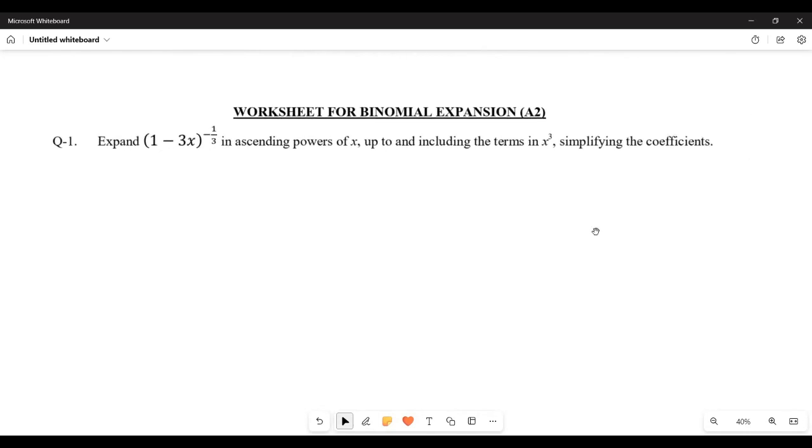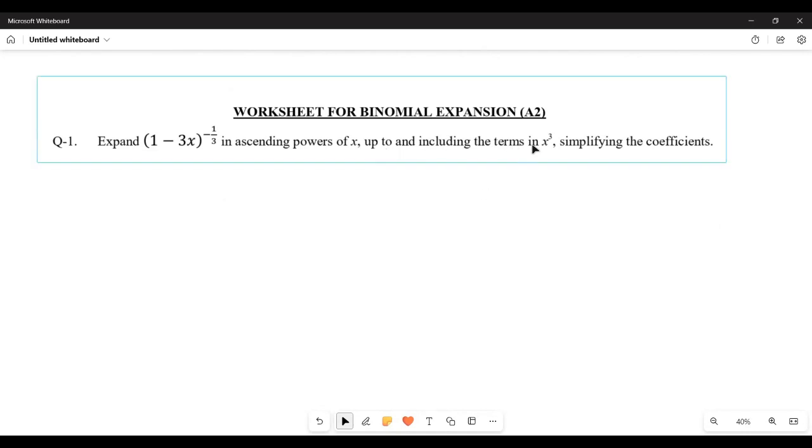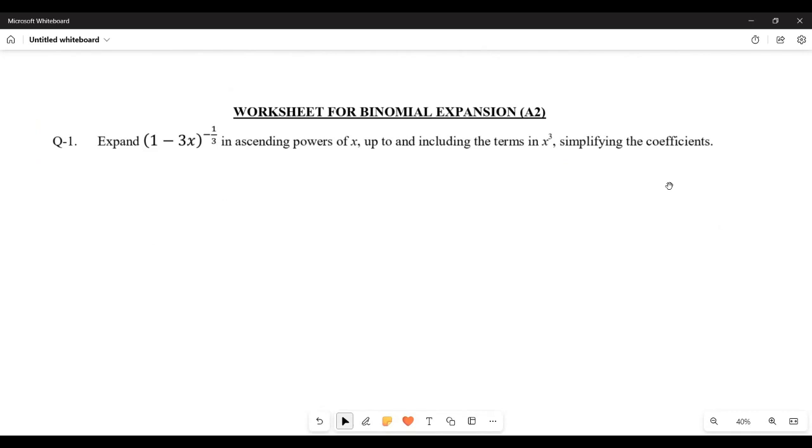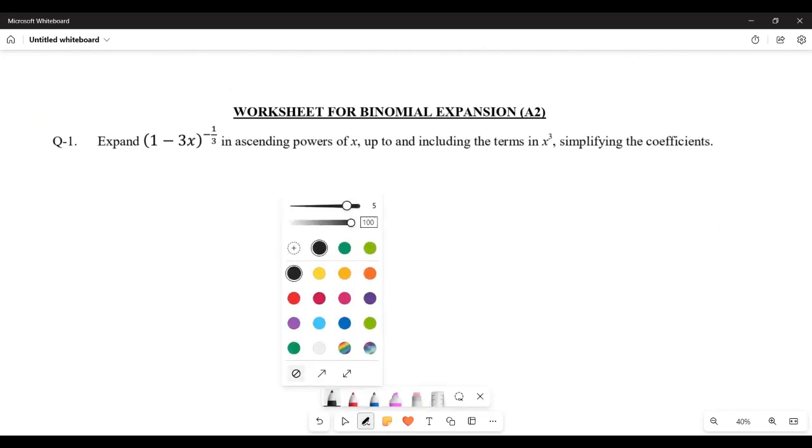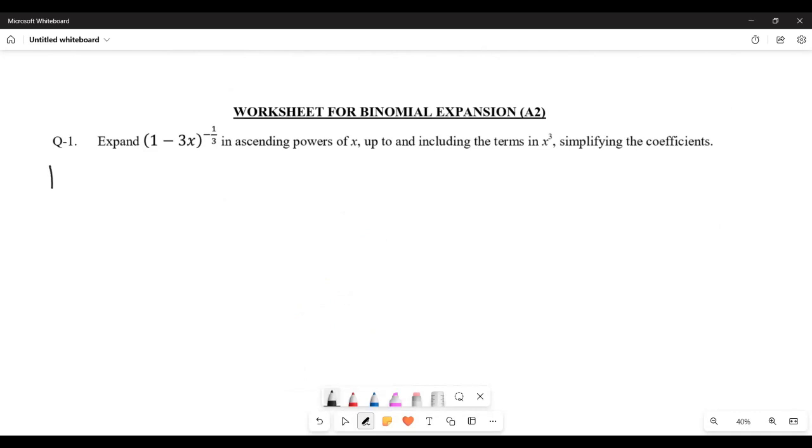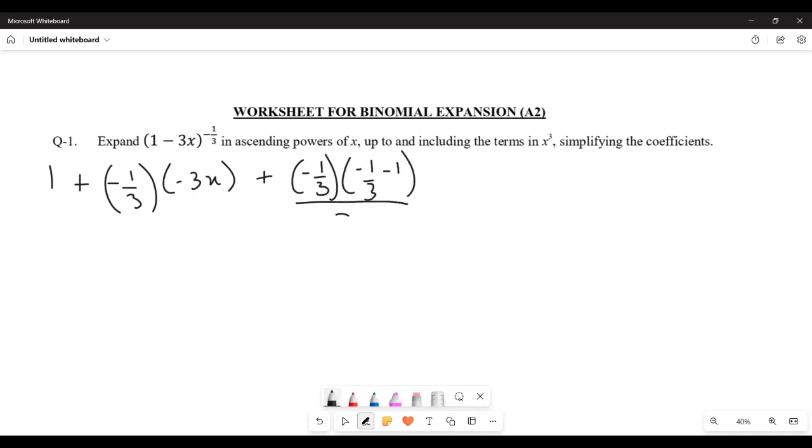Expand (1 minus 3x) power minus 1 over 3 in ascending power of x up to and including the terms in x cubed, simplifying the coefficient. All right, so we know the formula. Let's directly expand that. 1 stays 1 plus nx, so minus 1 by 3 times minus 3x plus n times n minus 1 upon 2 factorial times x